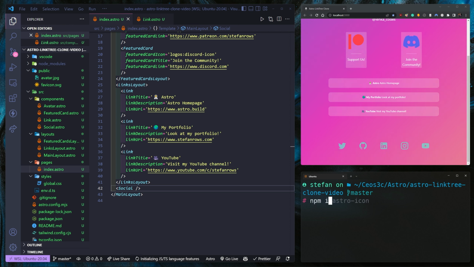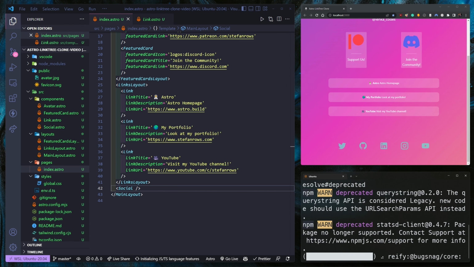Let's do npm install netlify-cli -g globally. So we're going to install that. Should just take a bunch of seconds. And once we are done,